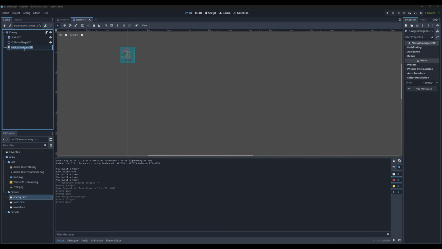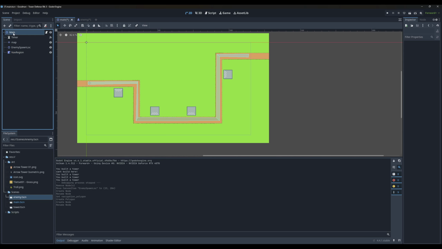And we can even just call it enemy nav or something along those lines. You can name your things whatever you would like, of course. Perfect. Okay, so now what we're going to do is create a goal point for our enemy